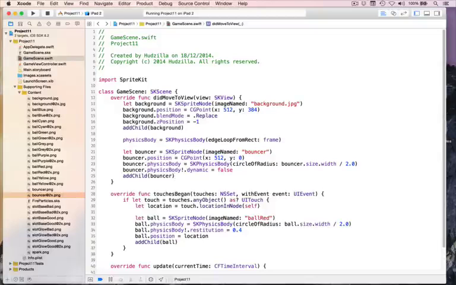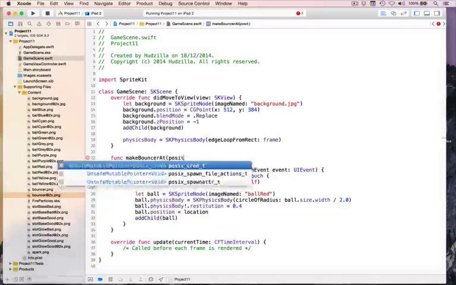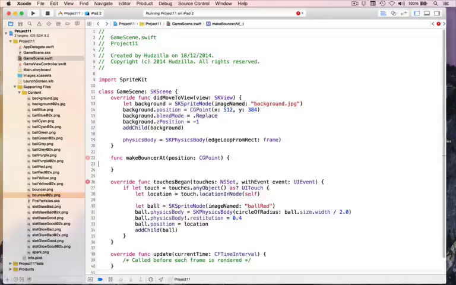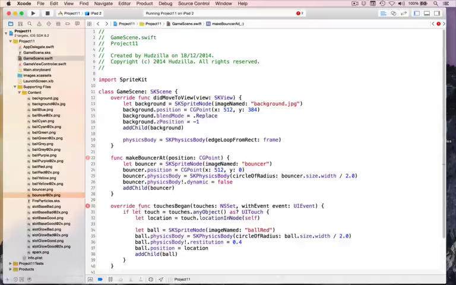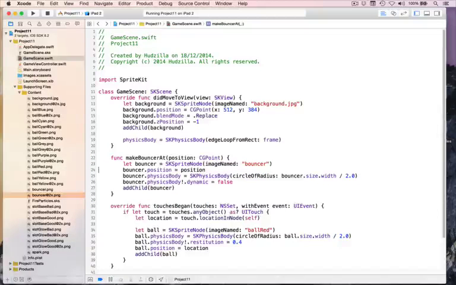So the method code is basically the same as what we have so far. So we can literally copy and paste this text out and make a new method called func makeBouncer(at:), and it takes a position, which is a CGPoint. Then paste that code in there. Change the position line to be position, and that's the code. That's it. So that's our makeBouncer(at:) method, and we can use that 5 times to show it working